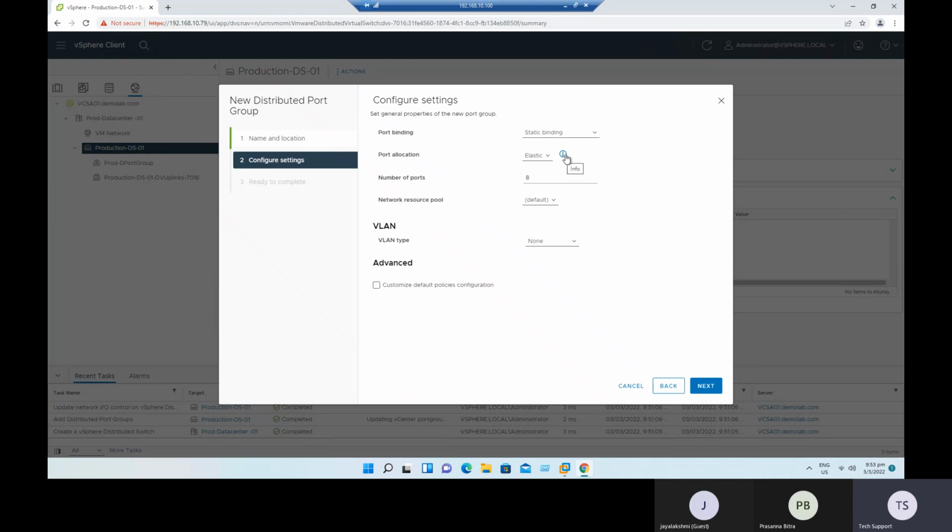There is also an information button. When we click the information button, it clearly says that an elastic port group automatically increases or decreases the number of ports as needed. So it is better to choose the option elastic. No need to modify anything. Even in future, if we create more than 8 virtual machines, this allocation will automatically increase the port count. Okay, and VLAN type, we have a